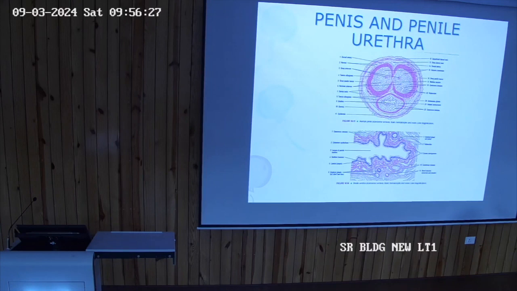This thickened layer of connective tissue is tunica albuginea, which is partially dividing these two corpora cavernosa. And we have a thin layer of tunica albuginea here surrounding the corpus spongiosum. Then this connective tissue layer surrounding the tunica albuginea is known as Buck's fascia. It is devoid of fat cells, and the outermost layer is